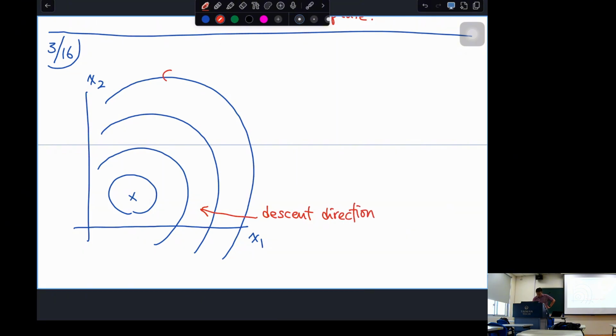And this is your objective function contour. And if you are having an initial guess somewhere,